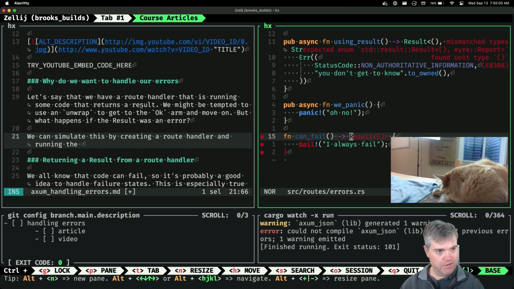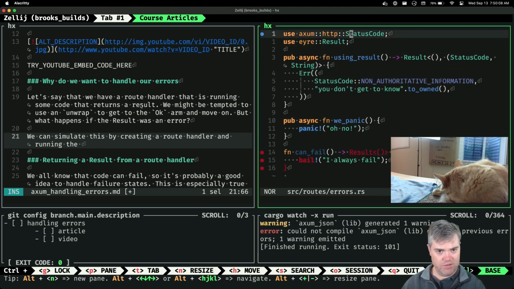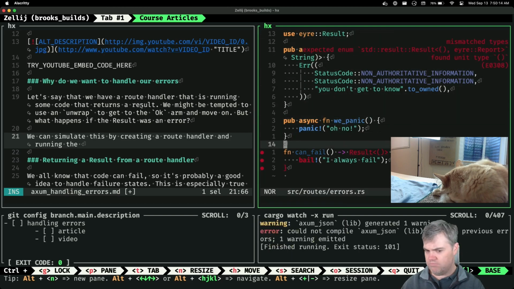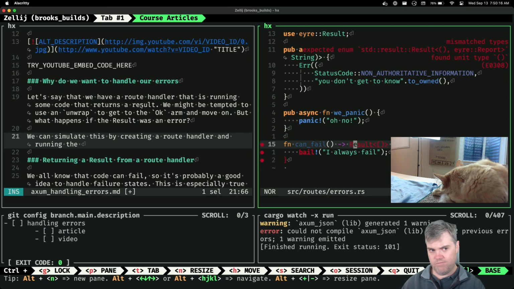What are you upset about? Mismatched types, expected a standard result. Why are you expecting a standard result? I want to use that result. So expected a standard result, found unit type.